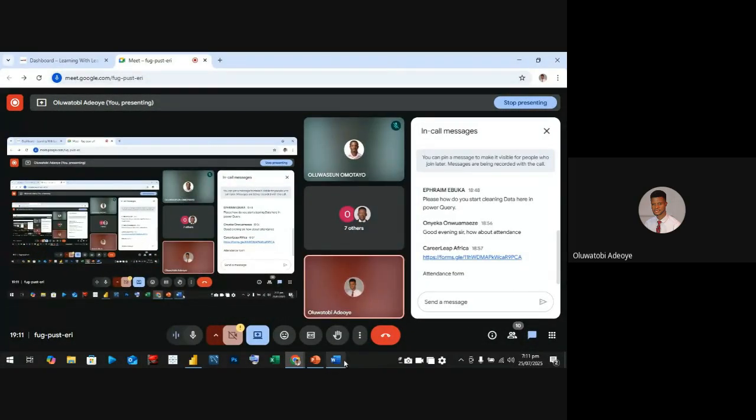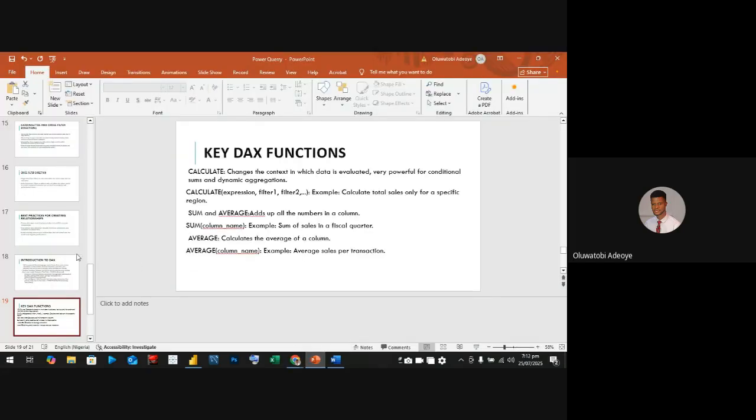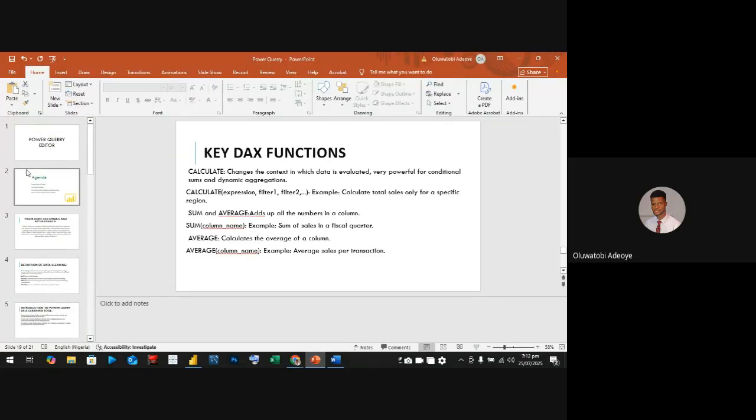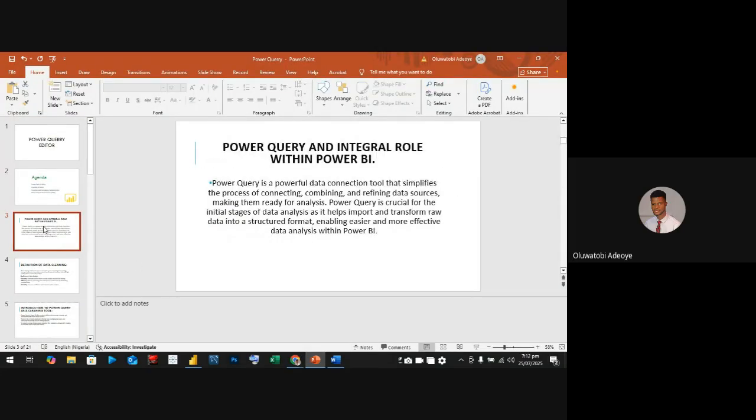Okay. So let me just run through the slides that I prepared before. So, Power Query Editor. Power Query is a powerful data connection tool that simplifies the process of connecting, combining, and refining data sources, making them ready for analysis. Power Query is crucial for the initial stages of data analysis. It helps to import and transform raw data into structured formats, enabling easier and more effective data analysis within Power